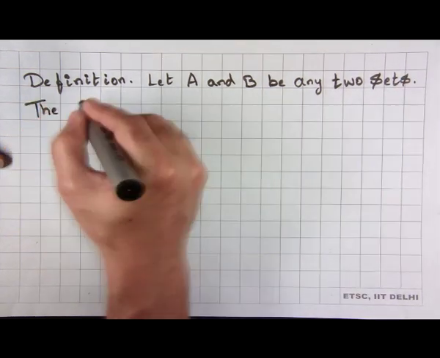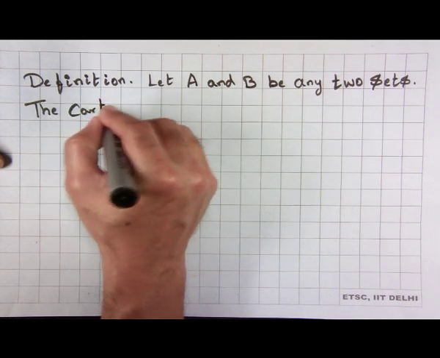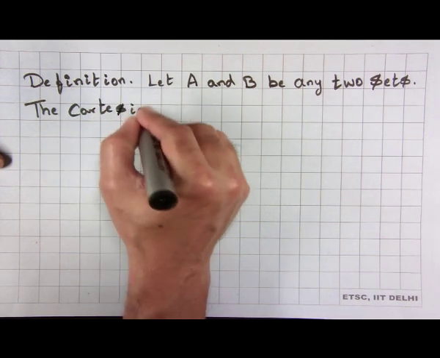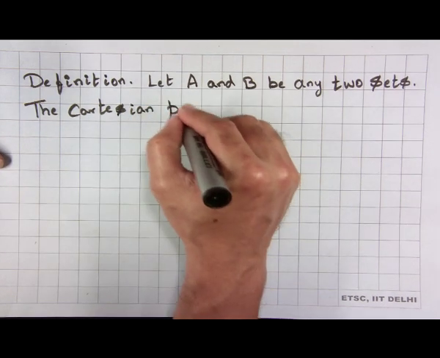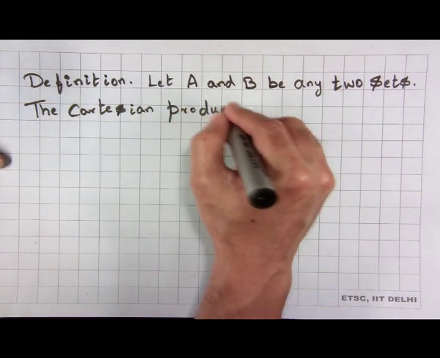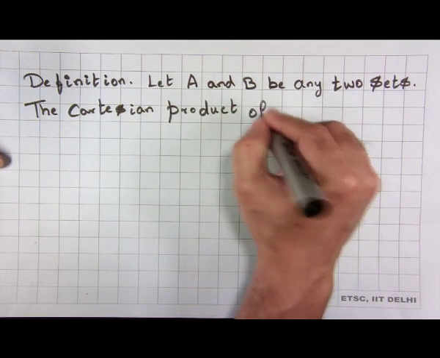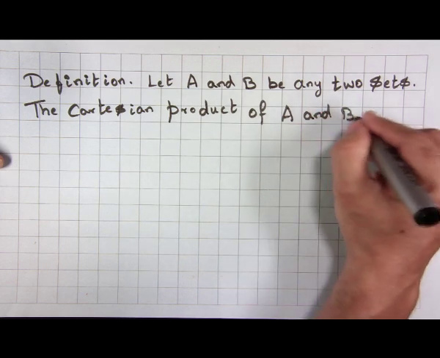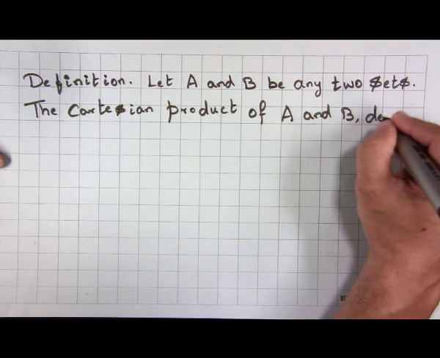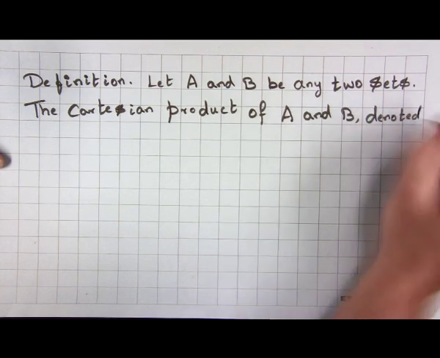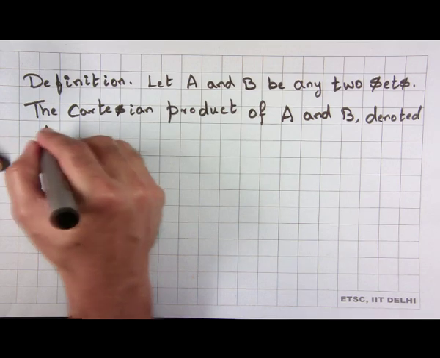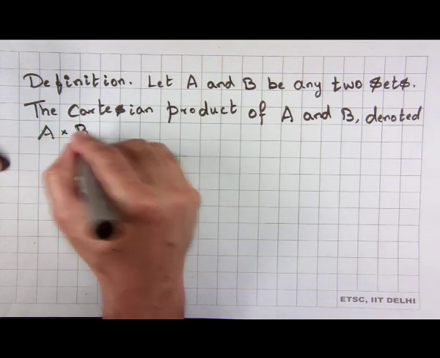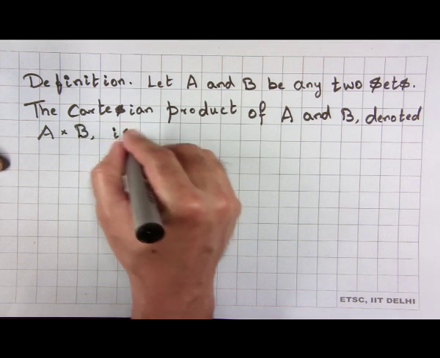The Cartesian product of A and B, denoted A cross B, is defined as